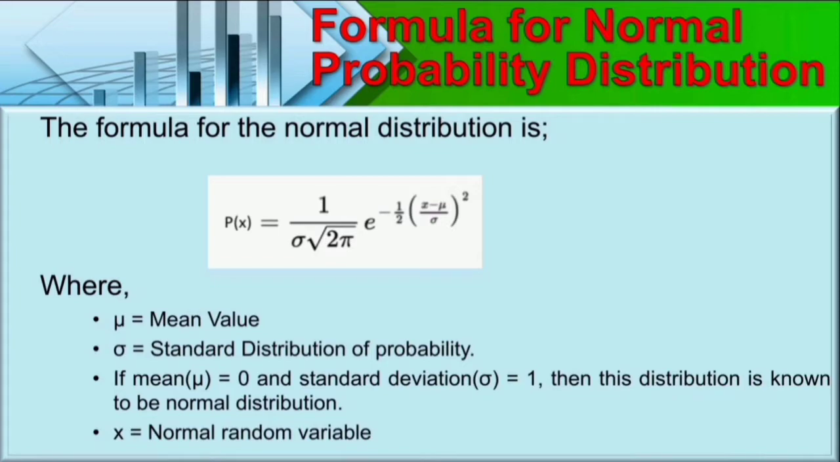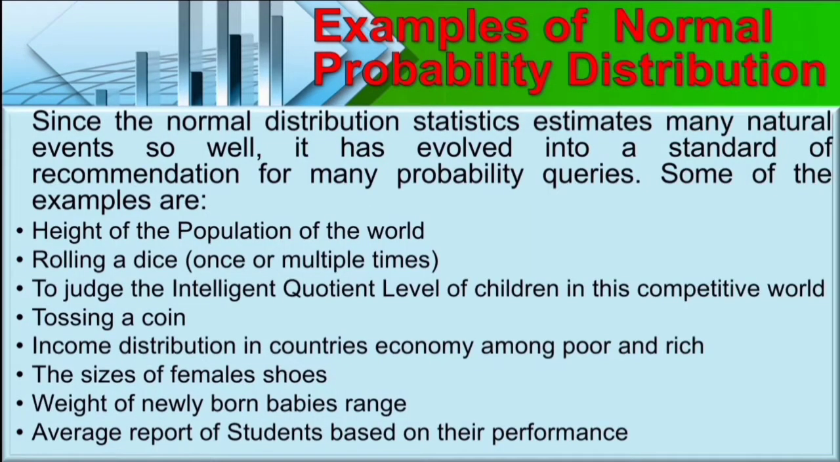Here x is equal to normal random variable. Examples of normal probability distribution. Since the normal distribution statistics estimates many natural events so well, it has evolved into a standard of recommendation for